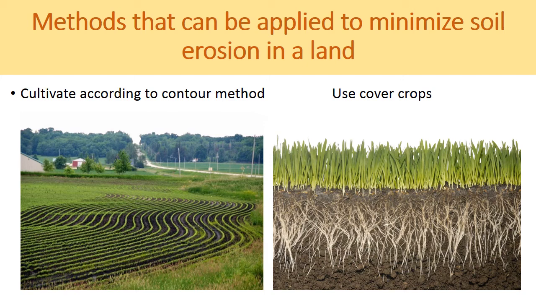And the next one is by using cover crops. If we plant crops which are highly rooted, it will help to prevent the soil being washed away, as it holds the soil tightly. It will help to retain the plant nutrients for further use also, children, and it will help to prevent soil erosion. And we can cultivate vetiver grass such as Salendera and all. They are highly deep rooted cover crops that can be used.